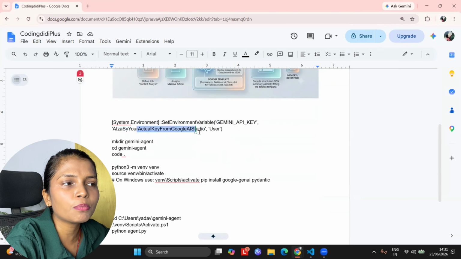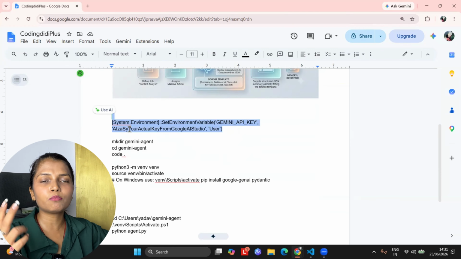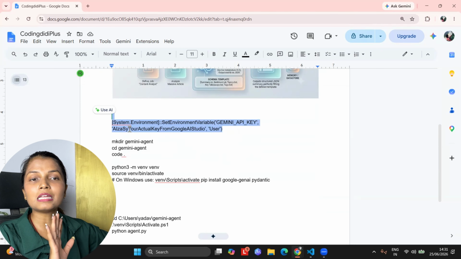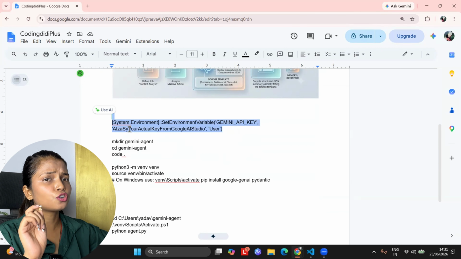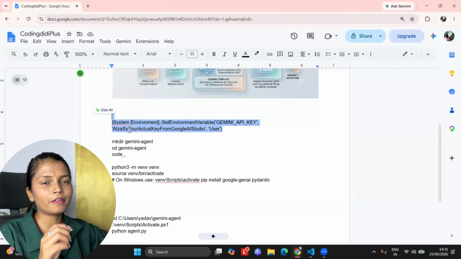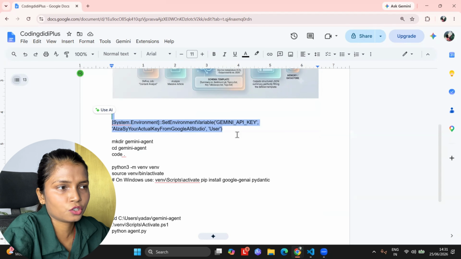Whatever actual API key you have got from Google AI Studio, you will paste it in these quotation marks, and then there will be a user mentioned, right? This particular command you have to enter in your PowerShell, command prompt, or terminal, whichever you have opened, and directly enter this. That's it. If it's not showing anything, it means the environment variable is successfully created. You do not have to do much, right?